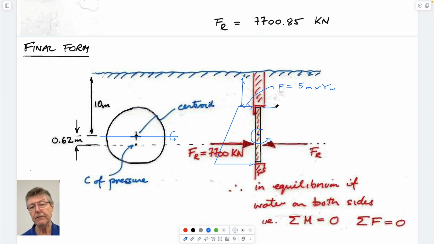Interestingly enough, if it had water on the other side, it would have exactly the same force acting on it, and it would be in equilibrium because these forces would be the same. And so from what we know about this distribution, we know that we can calculate the pressure, because if we wanted to, we could look at taking this area,